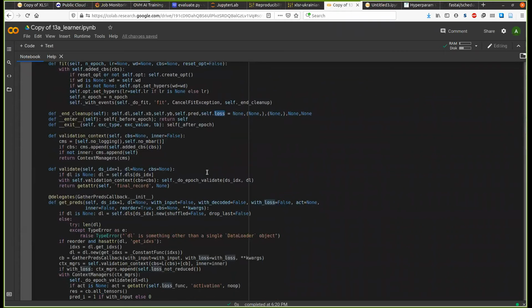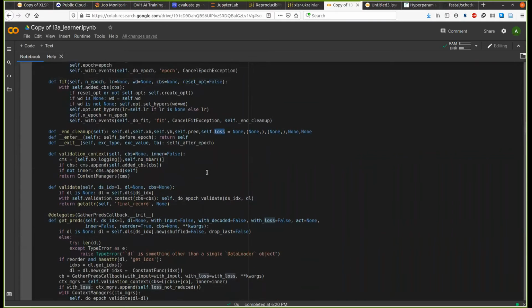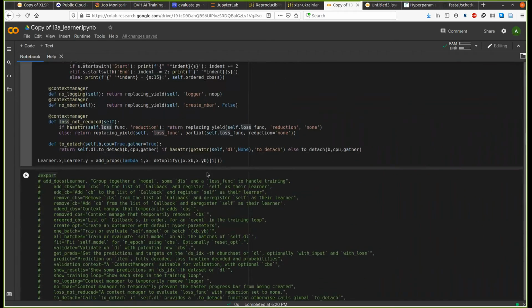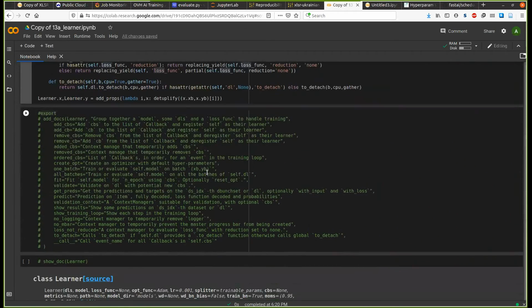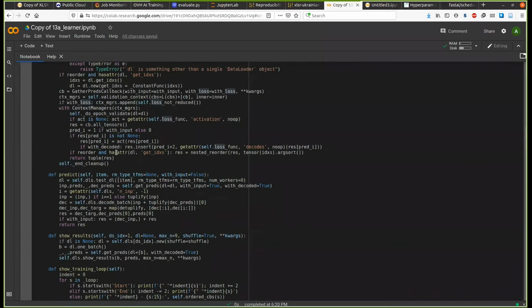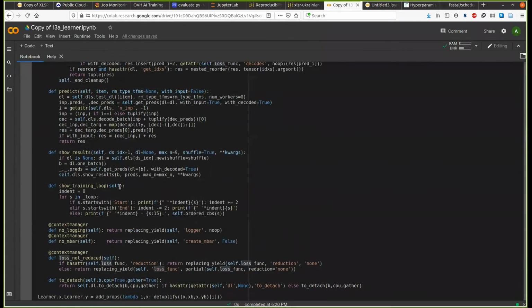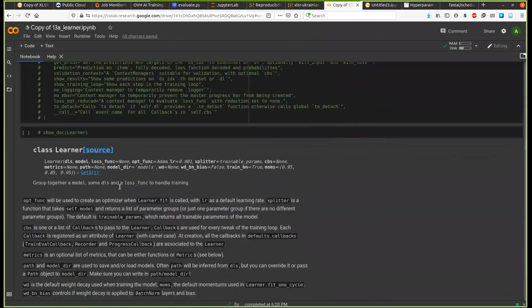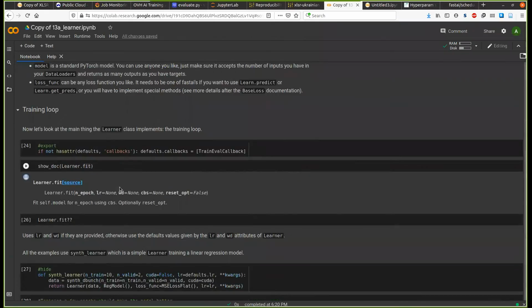So that's basically a FastAI training loop, and it has a lot more here, but that's not what we want to focus on right now. And we can move further to the